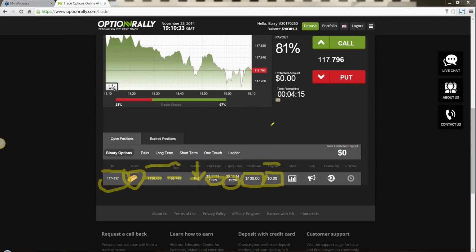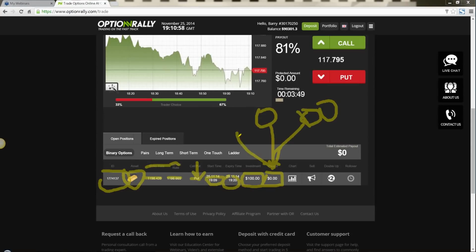You will either see 0 right here, because that means we are losing our investment. That means we've made the wrong decision, but it doesn't make a difference what it says right now. It's only where the price is at the expiry time. So this will move up and down, but it can only go in 3 positions. The other choice is it can be at $100. That means it's tied. That means the price has remained at the same price in which we opened it, and then you get back your investment.